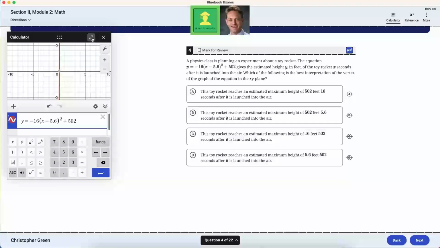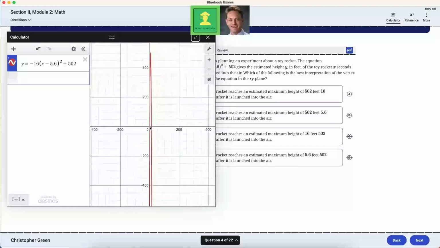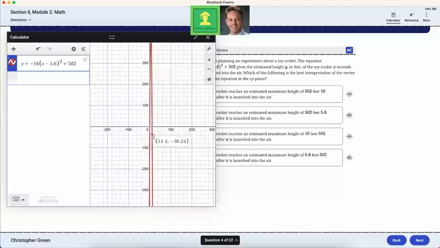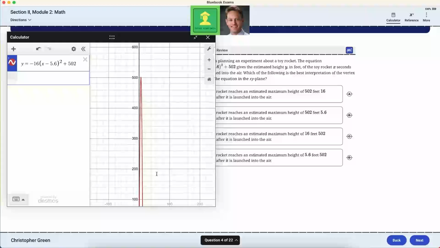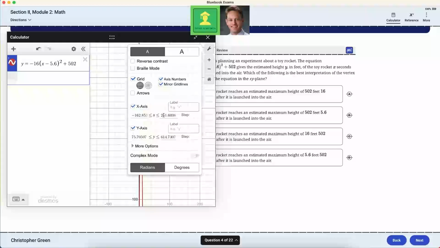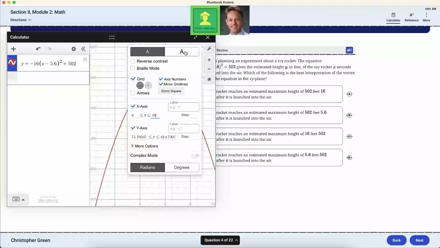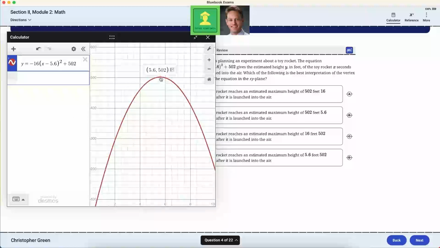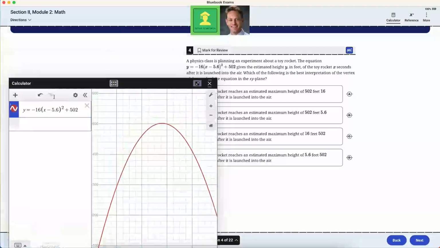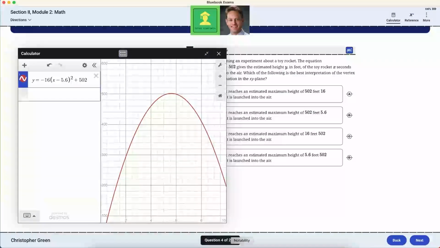And let me see the picture a little bit better. The vertex. Well, it's kind of hard to see unless you adjust the relationship of the units of the window. So I'm going to make the x-axis go from simply 0 to 10. It seems that would encapsulate the vertex just glancing at it. Sure. So you have the vertex at (5.6, 502),